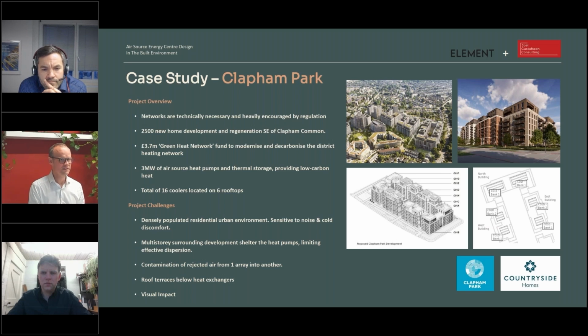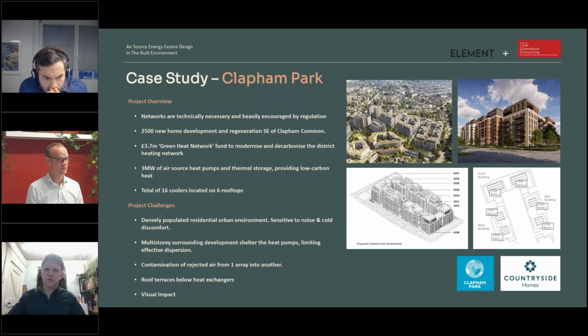So here we have a case study that we're going to focus on, which is in Clapham in South London. In this instance, there are regulations on the production of carbon emissions and indeed the use of heat networks to mitigate those. This is a new build, dense urban environment with limited roofscape, frankly, for air exchange, no ground array, no river. In order to run a commercial, non-fossil fuel-led heat network, this has to be air source heat pumps.